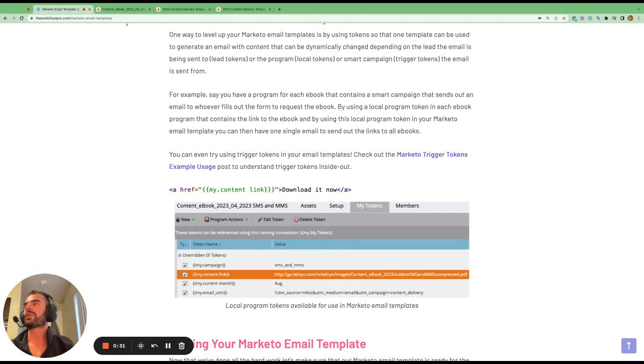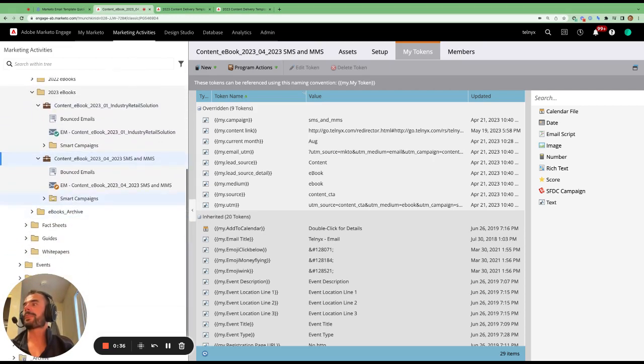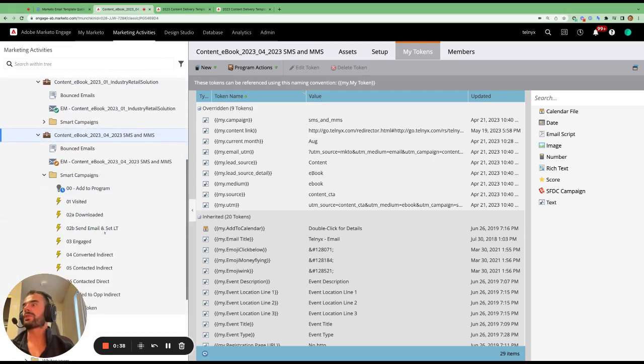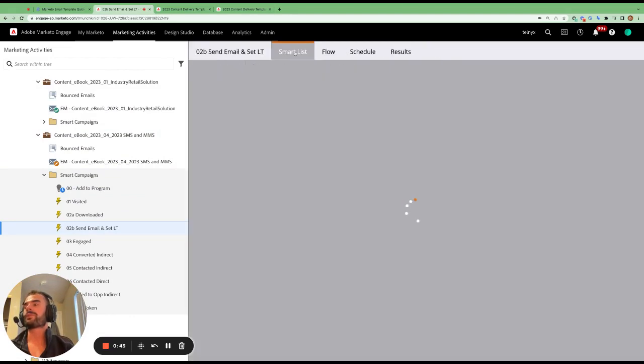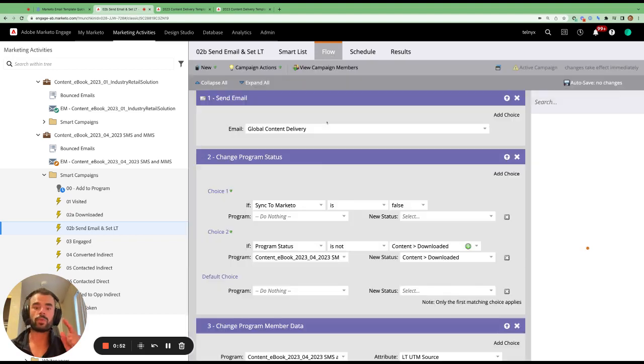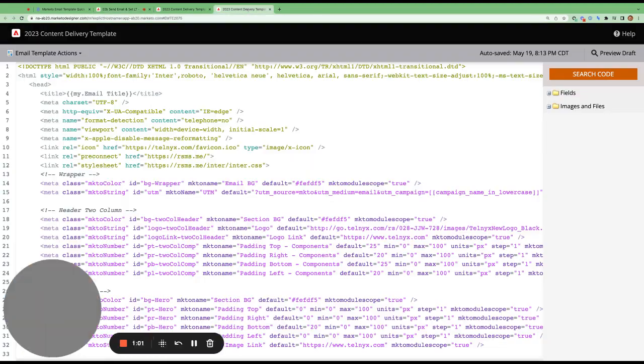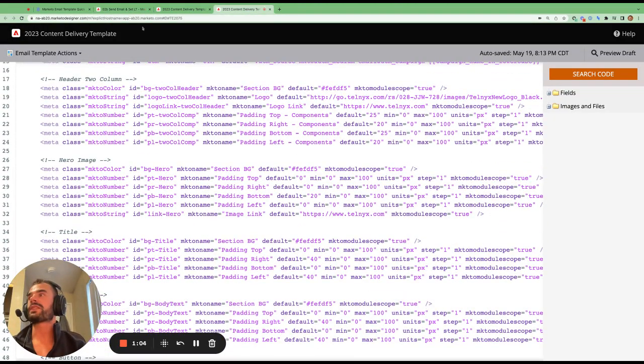So the example I'm going to go through here is we've got different ebooks, and whenever someone fills out a form to download the ebook, we want to send them an email with a link to download the ebook. And the way we do this is we use one single email. And the reason we can get away with using a single email to send different links to different pieces of content is because within our content delivery